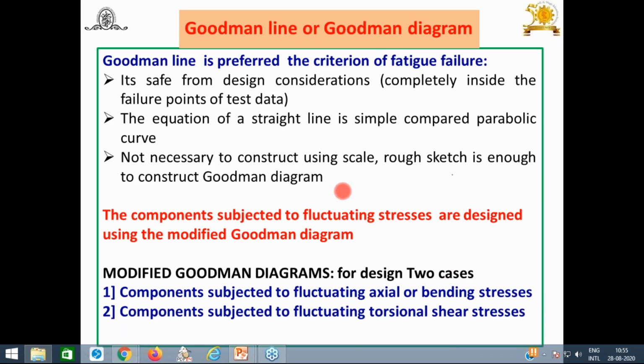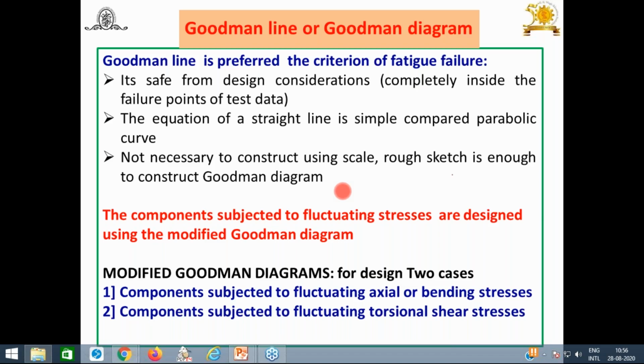And you know very well, once again I will discuss or recall some important things with you. When components are subjected to reverse load, last week, in the last sessions we have seen Monday, Tuesday, and Wednesday. When components are subjected to reverse load, there are two cases: finite life, infinite life. What is the criterion for finite life? S-N curve. What is the criterion for infinite life? The endurance limit is the criterion by using the equation. Today we are saying when components are subjected to fluctuating or alternating load, what is the criterion?